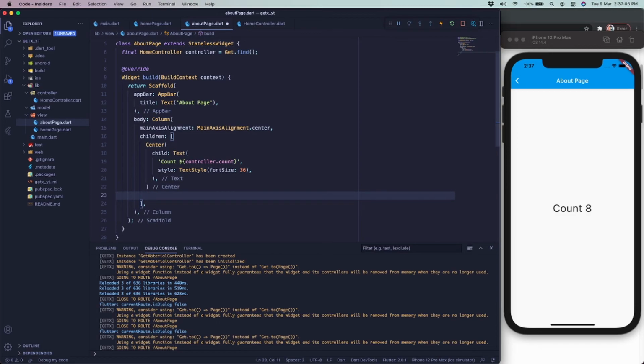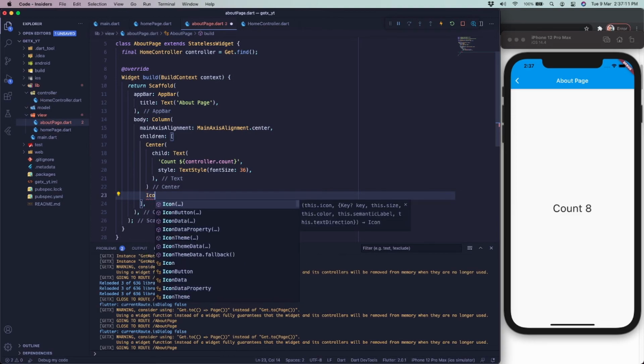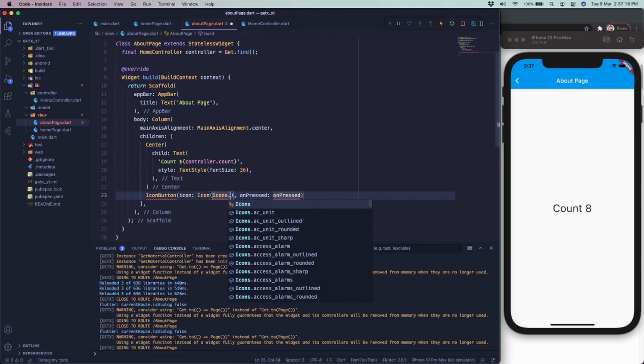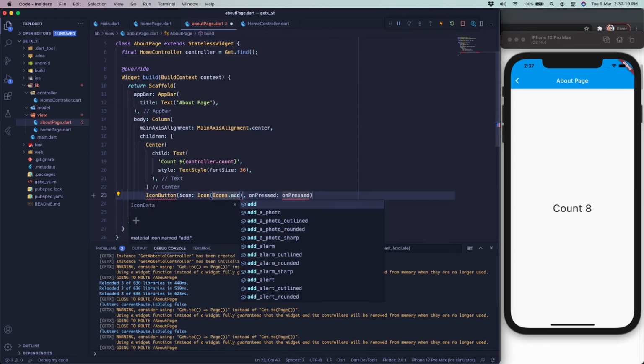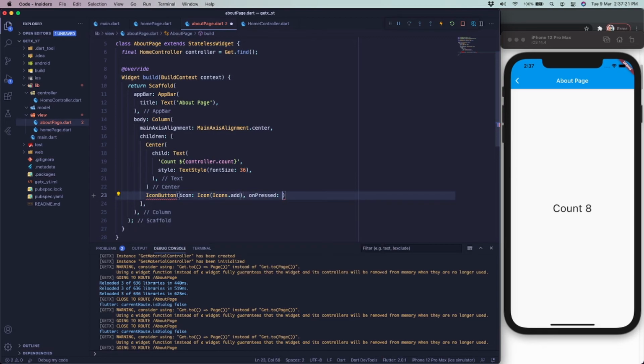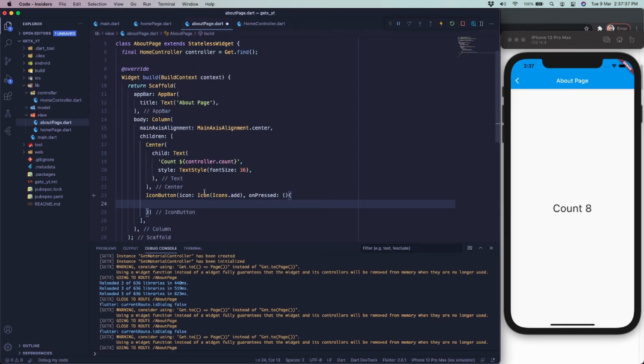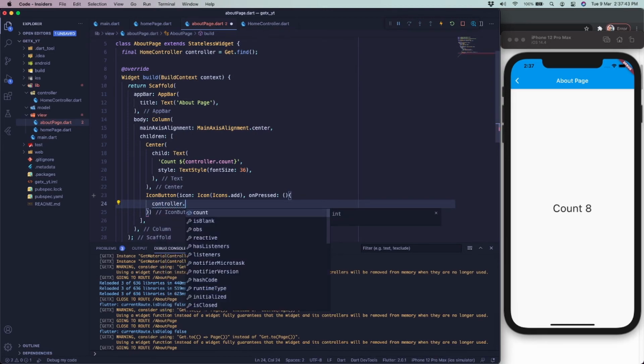simply one button. Let's say an icon button only. Icon button, Icons.add, something. On press, what we have to do is just increment using the same function. You remember we have defined this increment, and then we can use it in the about page as well. So what we will do, controller.increment,